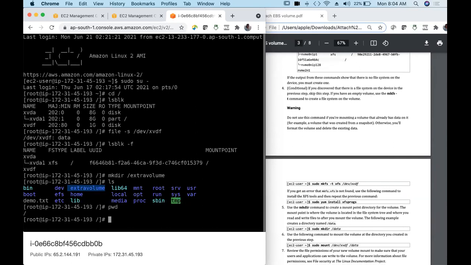Okay. Now we have to declare the file system. What does that mean? In Windows also we have file systems called FAT32, NTFS, right? Not NFS, NTFS, something like that. FAT32, NTFS, these are file systems. Like that, in Linux also we have file systems. And you have to declare that file system. So let us do that.